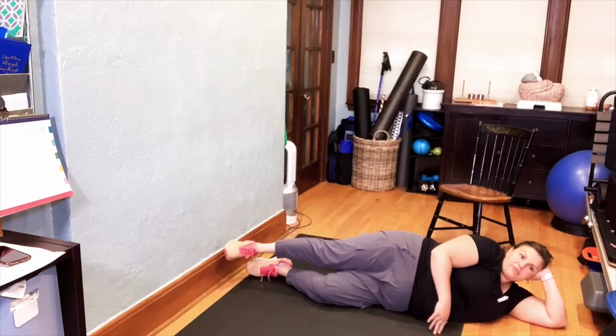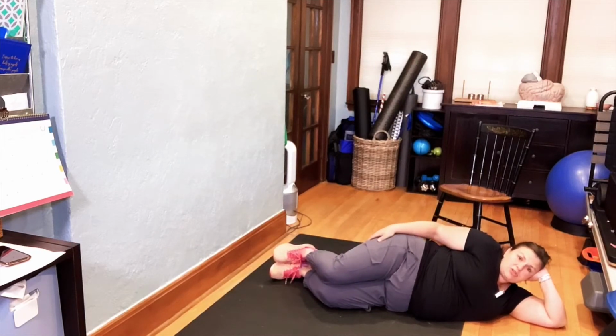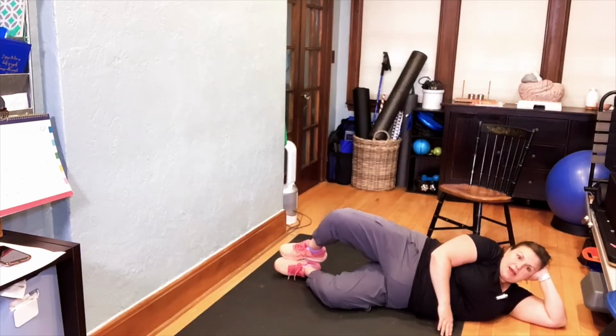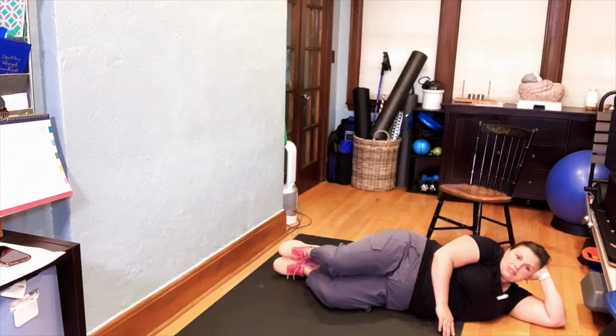So as we're finishing up the alphabet, we're going to bring our knees back in. We got 15 more clamshells to do on this side. And so when you're ready, we'll go. So you're lifting up and back down. That's 1. And down, that's 2. And this is 3,